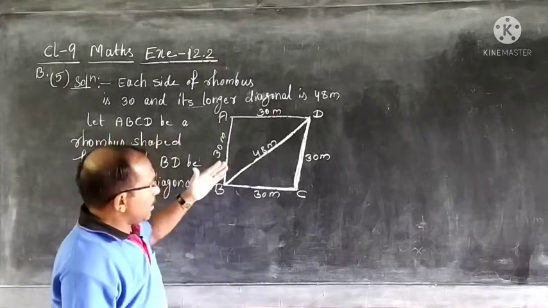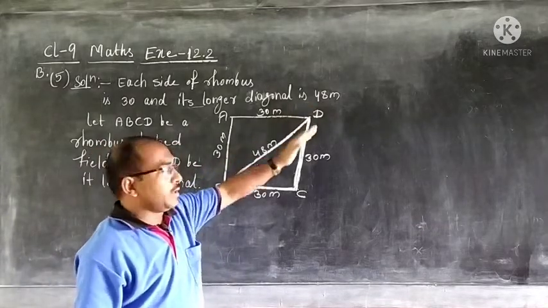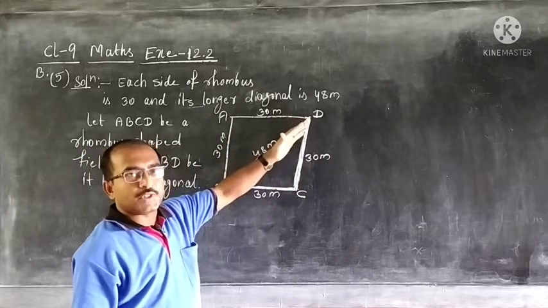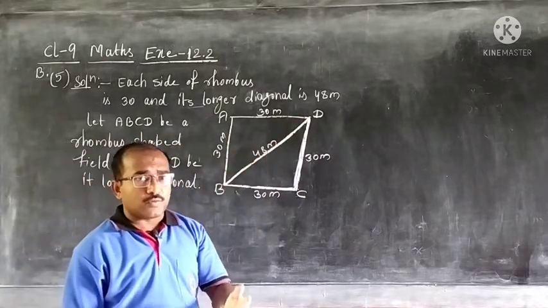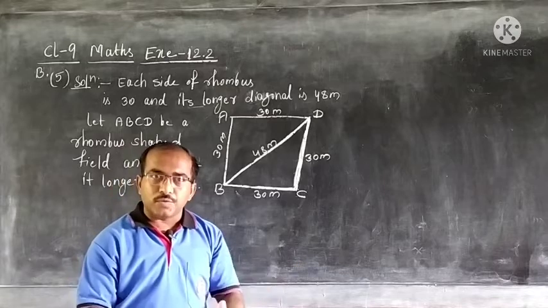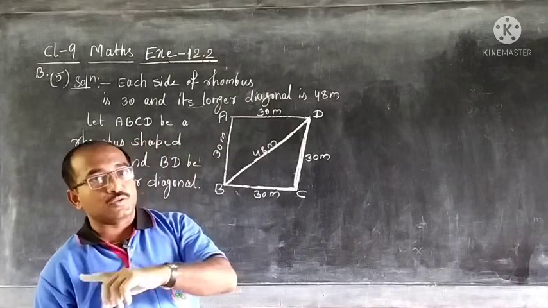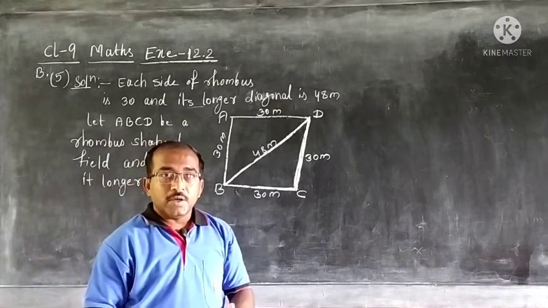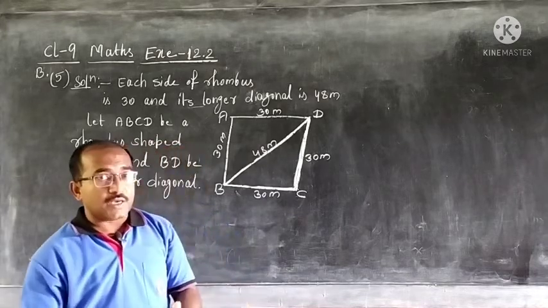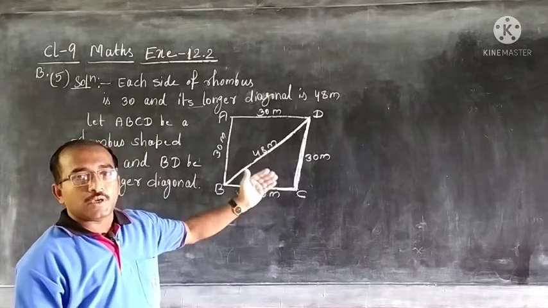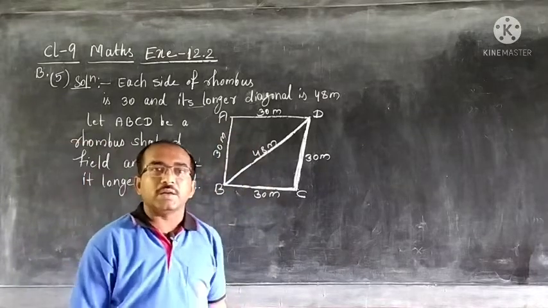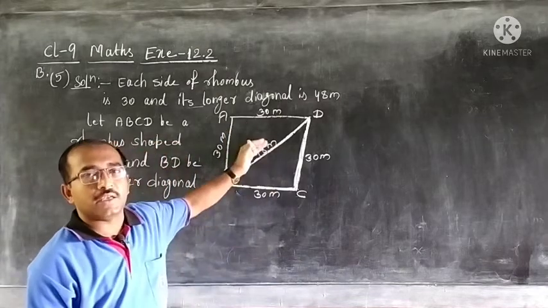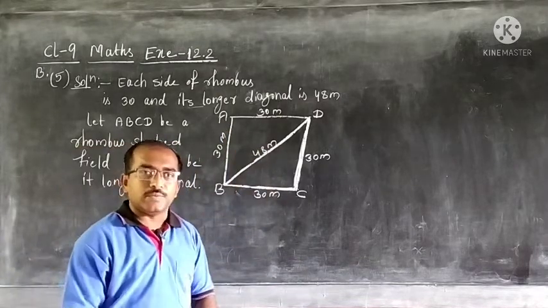are equal, one diagonal is common, that means corresponding sides are equal, this side is common, that means all three corresponding sides are equal. So surely the triangles will be congruent, and the congruency condition you have studied in chapter 7 in triangles. So by the SSS side congruency rule, the triangles will be equal, and if triangles are equal, surely they are equal in area also. So here we won't find both triangle areas, any one triangle area we will find.